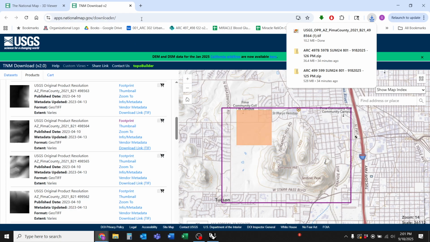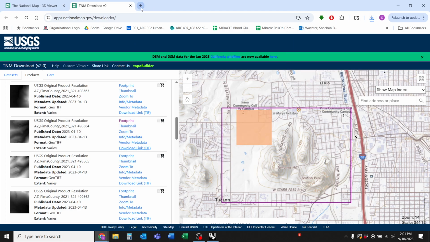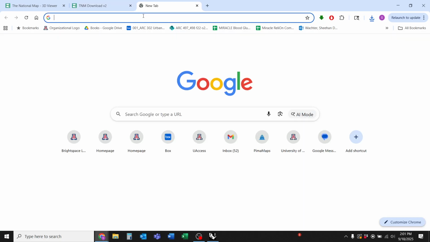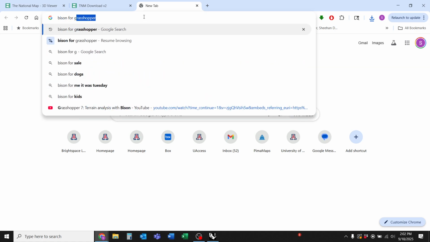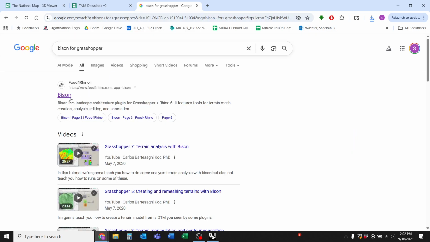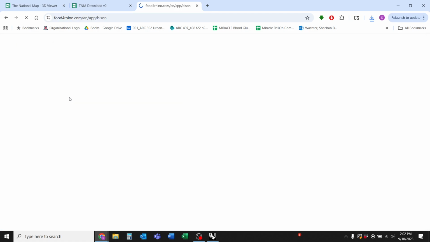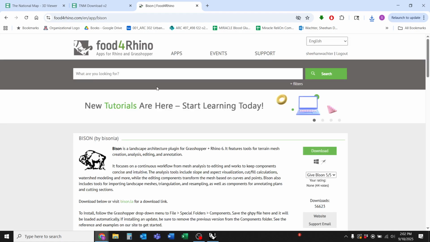Next we need to get a plugin for Grasshopper that'll interpret that into a 3D surface or a mesh. So then I'll click on New Tab, and over here I'll search Bison for Grasshopper. So this is a free plugin. We just have to download it and install it. It's on Food4Rhino. If you're not familiar with this website,